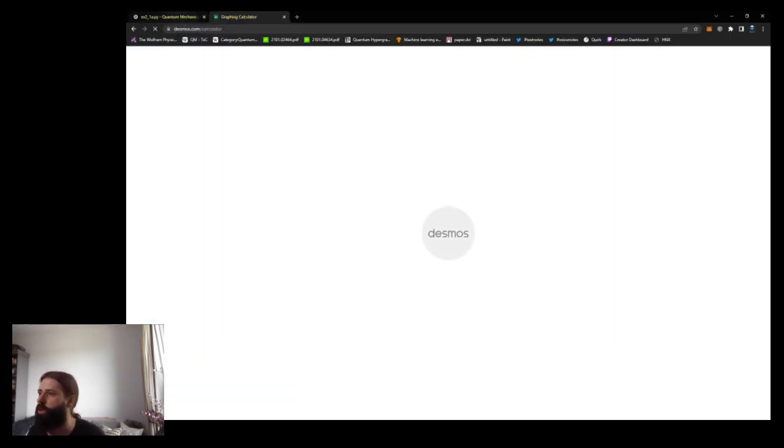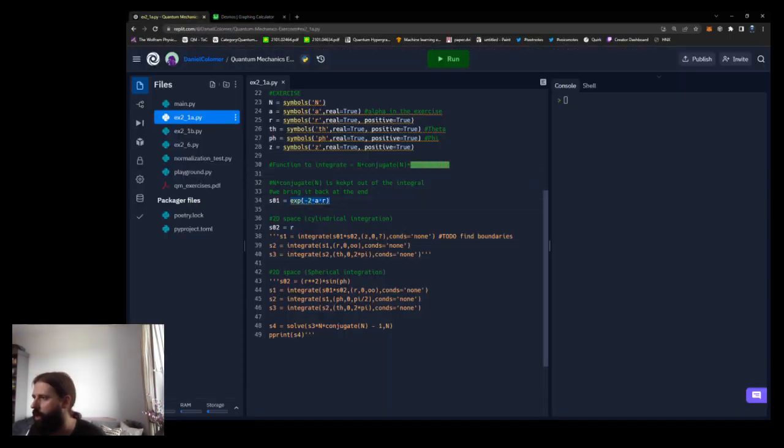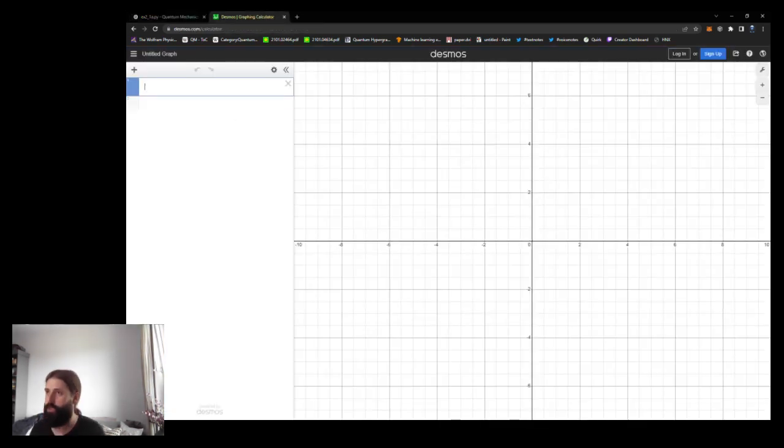Desmos calculator. So this is the function that we are integrating. What is it? Too many variables. So this is basically x. We're gonna slide it for a. Yeah, so that's what it is. And so we